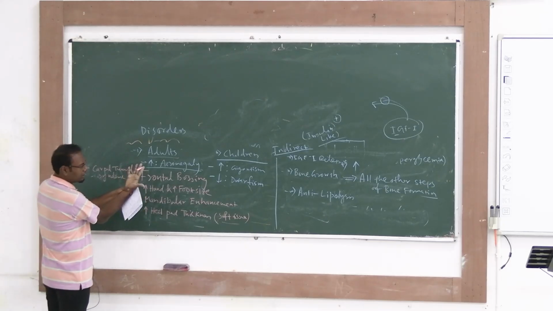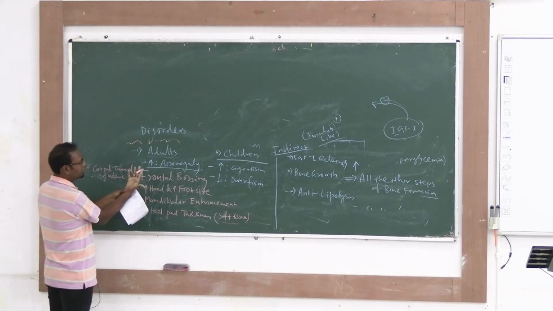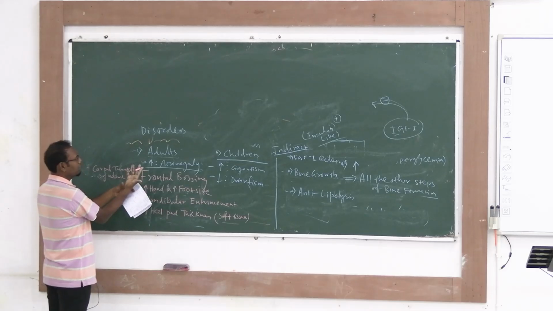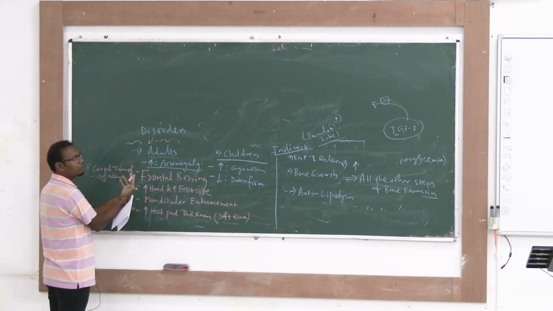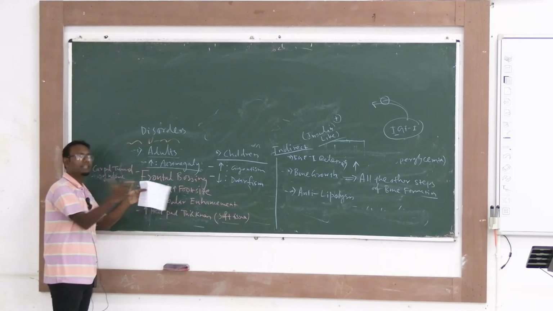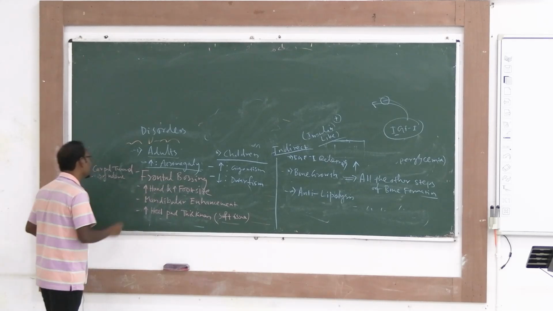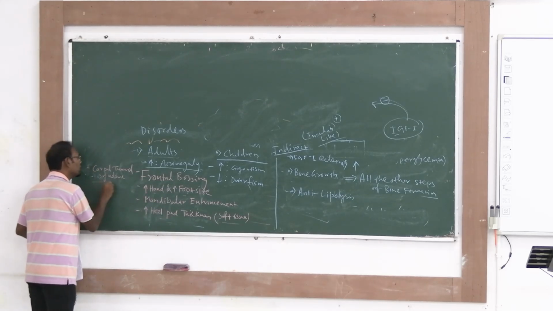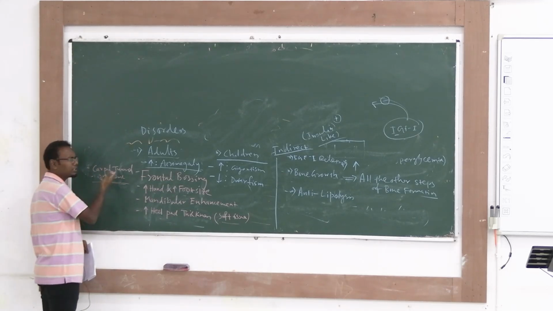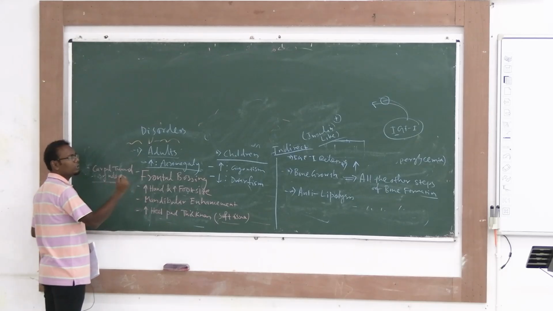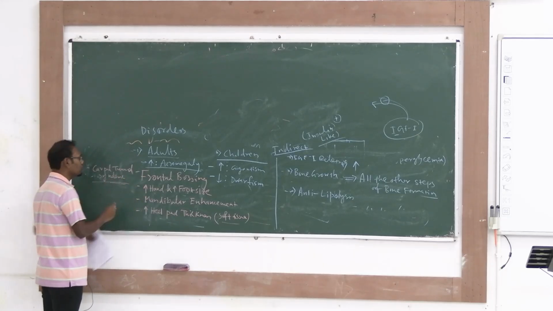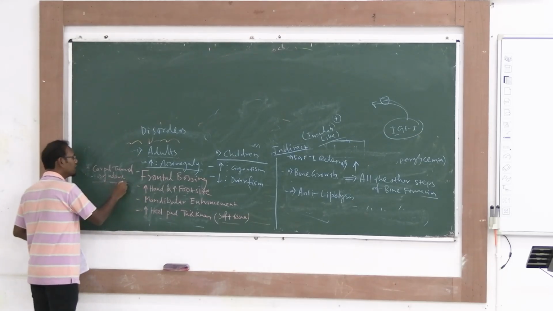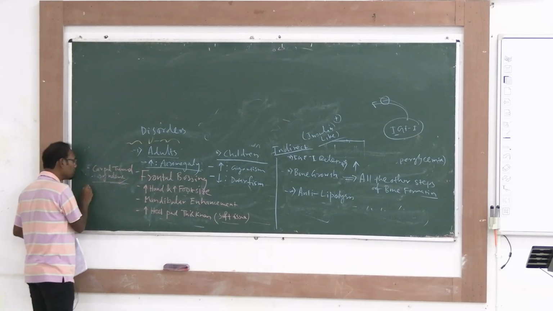The carpal tunnel is here, so if there is bony growth and soft tissue enlargement, what will happen? The nerves going through the carpal tunnel, what will happen to them? They will be compressed, okay, and this compression will ultimately cause carpal tunnel syndrome. Carpal tunnel syndrome is nothing but the compression of the nervous structures going inside the carpal tunnel, so that's why carpal tunnel syndrome will be precipitated.